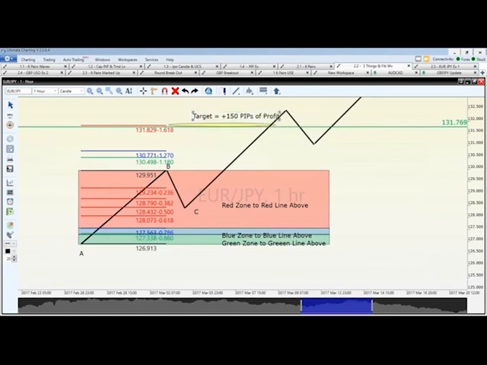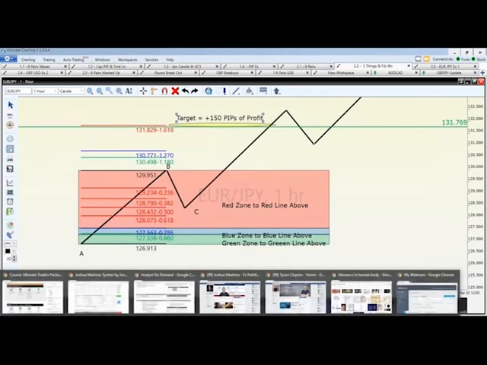So good. Neaton, thank you very much. I've got that one. So this is our target up here. Now, first off, we would never enter a trade without knowing a bunch of things, okay? First thing I want to do is, I've had some people say, how do I know that? Where did I get this information?